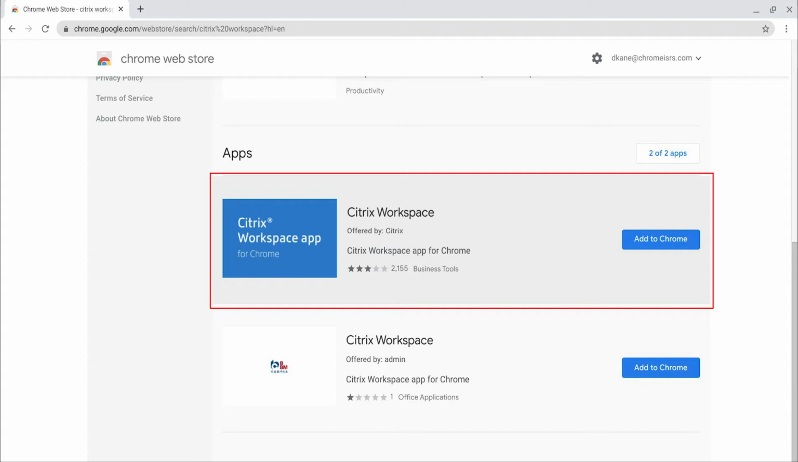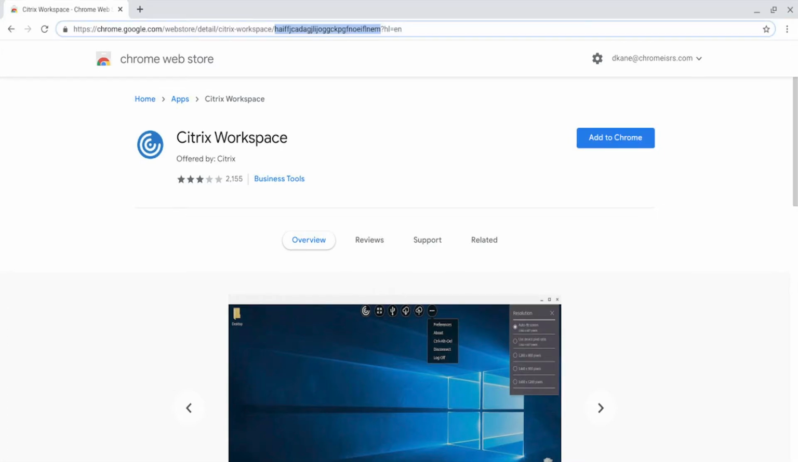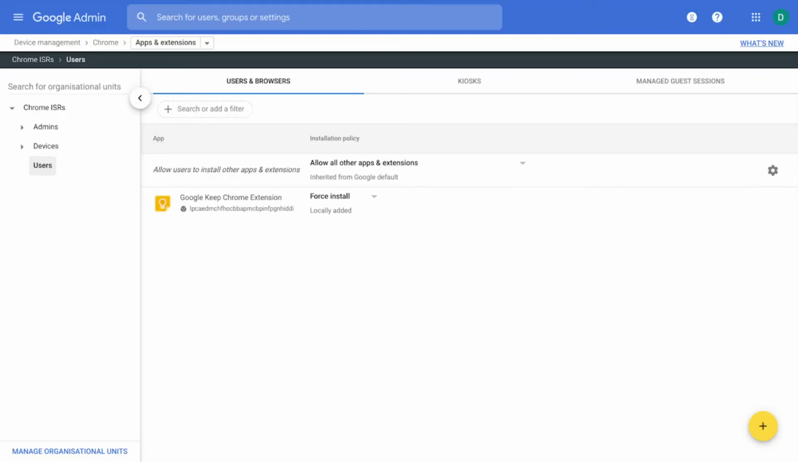So click on the name or the icon, and that will bring me to the listing for that page. The reason I've come to the Chrome Web Store is to get the ID, right? So now that I'm on this page, up here in my navigation bar, I've got the ID as part of the URL to the app. I'm going to copy this ID from the Chrome Web Store and then bring that back to my admin